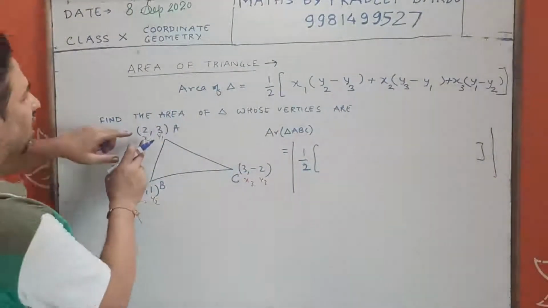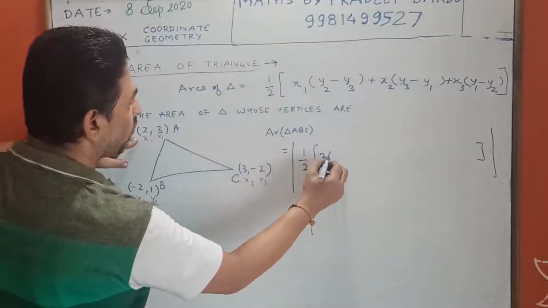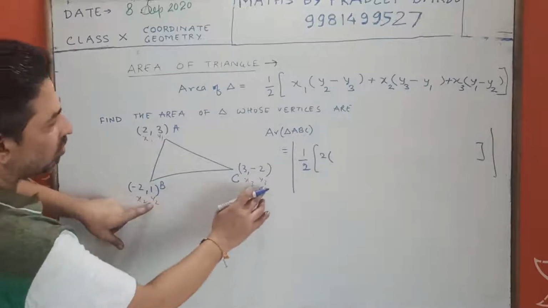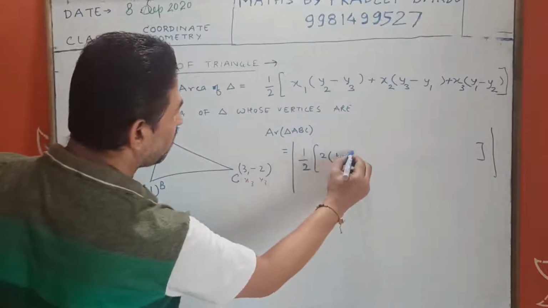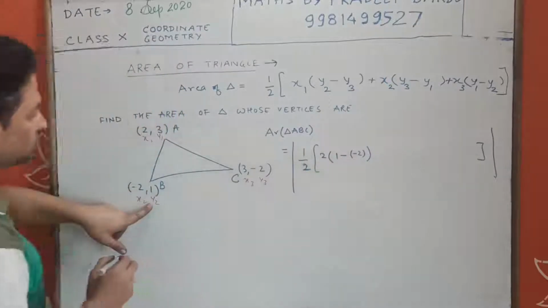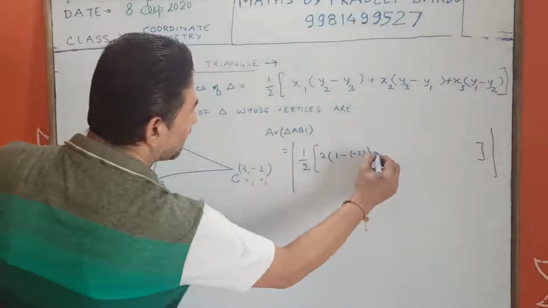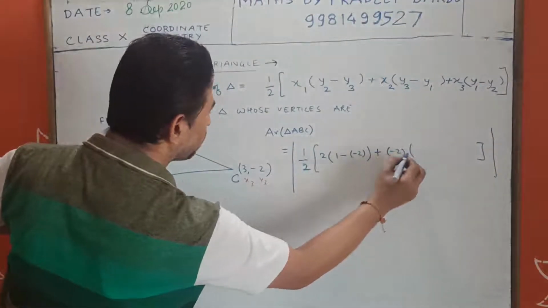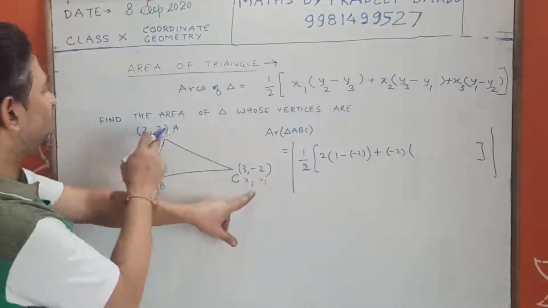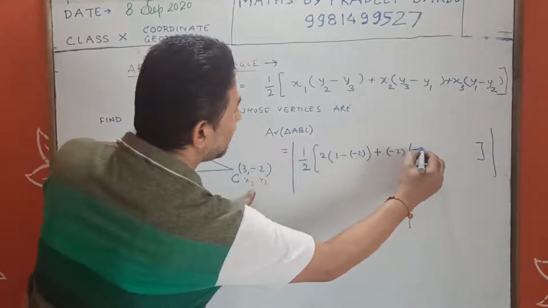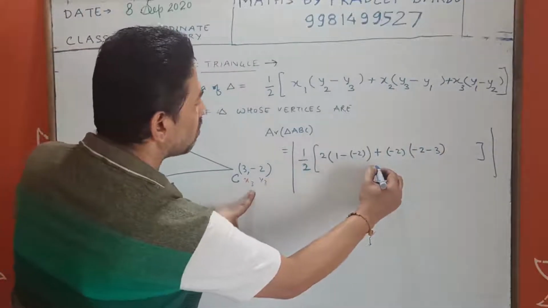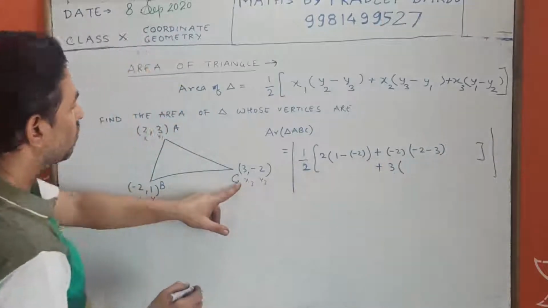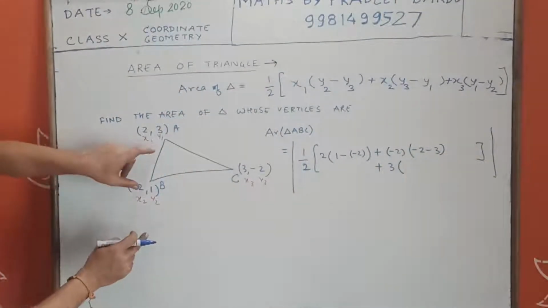And now we are putting the values. x1 is 2, y2 minus y3, 1 minus minus 2, plus x2 minus 2, y3 minus y1, minus 2 minus 3, plus x3, y1 minus y2, 3 minus 1,